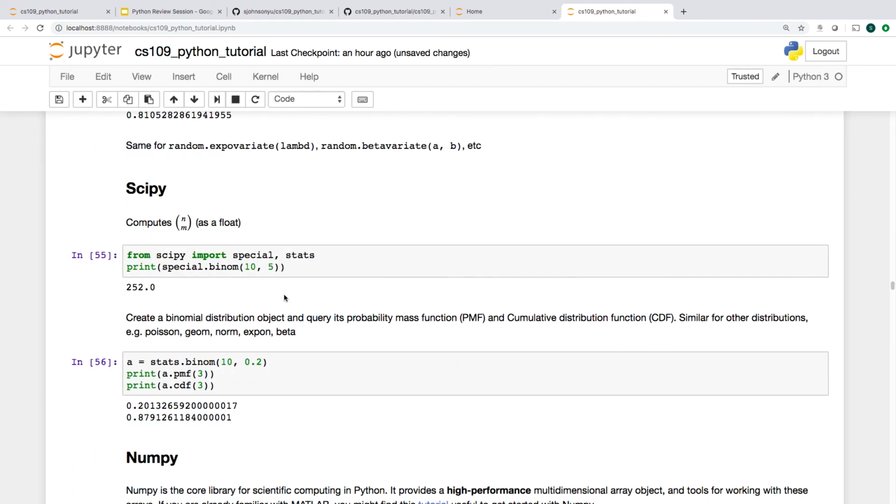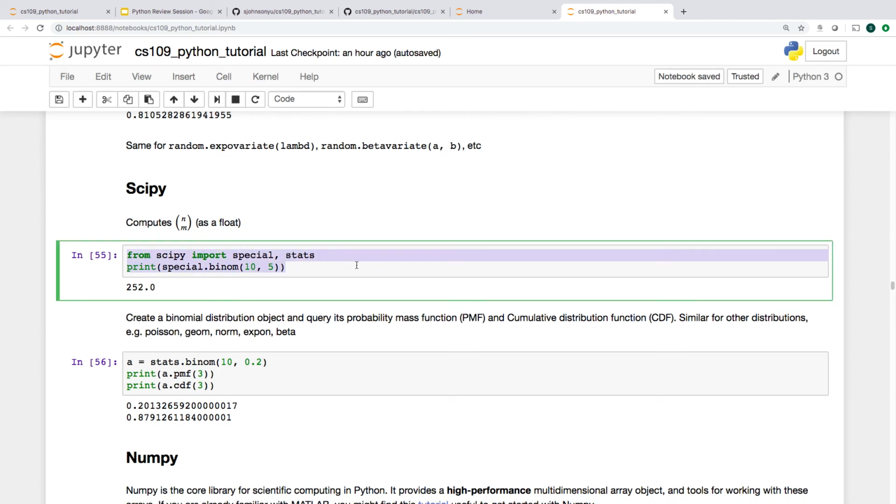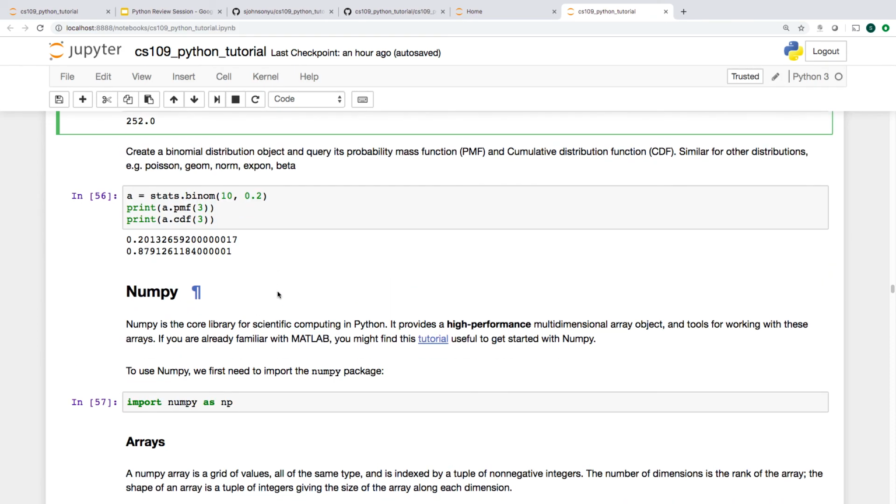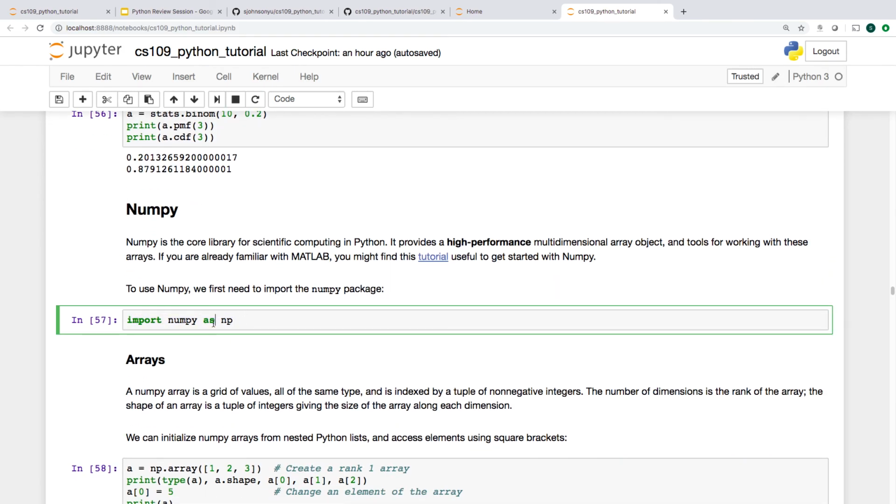This week we've been talking about binomials and all sorts of things like that, and SciPy is another package that allows you to do those really easily. You can do 10 choose 5 in an instant. So the general syntax for importing things is, if you want to import just a particular part of that package, you can say from SciPy import special. NumPy, we typically abbreviate to np, so we'll just say NumPy, but we're going to call it np